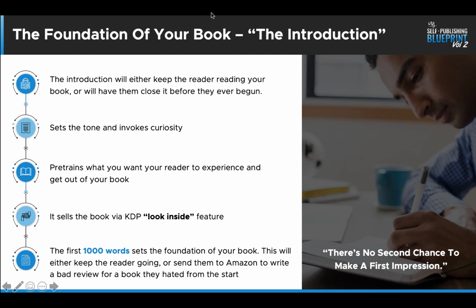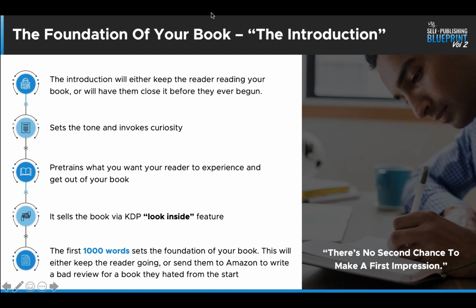So the foundations of your book is the introduction. Now, introduction is one of the most important parts because this either keeps the reader reading your book or they will close it before they even really begin. I want you to think about your introduction as like the opening scene to a big blockbuster movie. Think about a James Bond movie, right? Pre-credits, right? They always have that big scene where he's running on top of buildings, or we think of Skyfall, right? And they have the fight on top of the train and he gets shot. There's always that big scene that you're like, oh my God, this is going to be insane, right? That is your introduction. That is the type of thing you want to completely grab your customers, grab your readers'